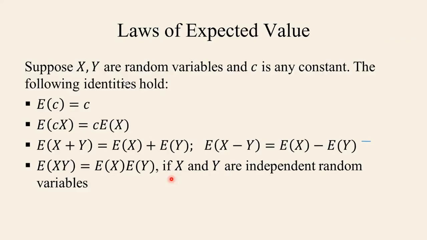Then some of the laws of expected value, right? Suppose we are taking X and Y as random variables and C is any constant. Then the following identities hold. That is, the expected value of C: if C is a constant, then the expected value is the same constant. And when we are taking C into X, any random variable multiplied by a constant, you can take the constant outside, then C into expected value